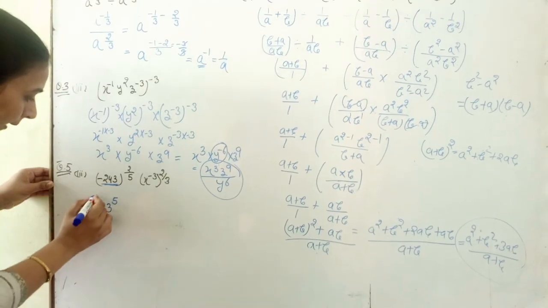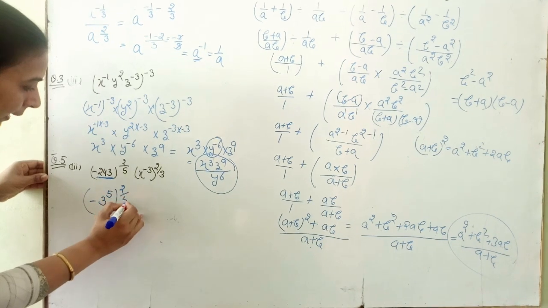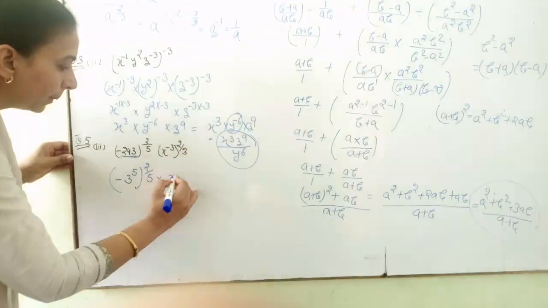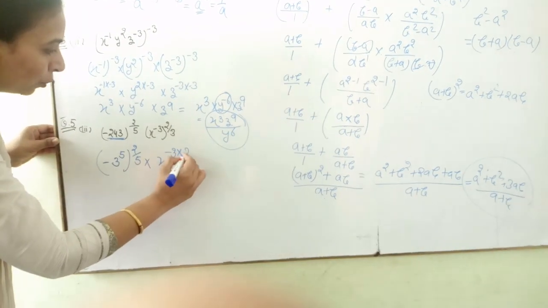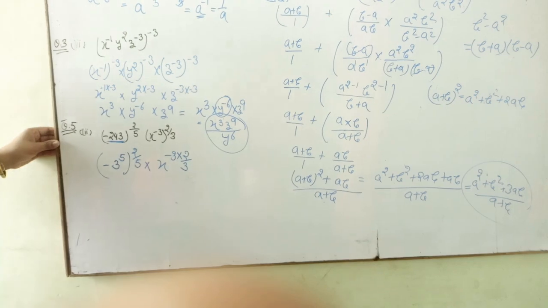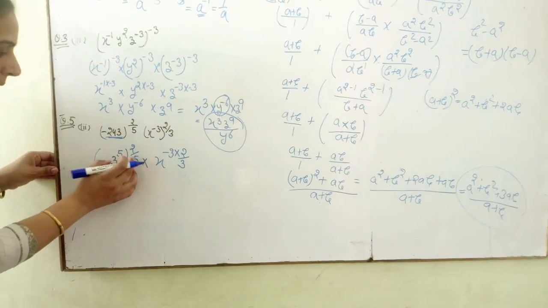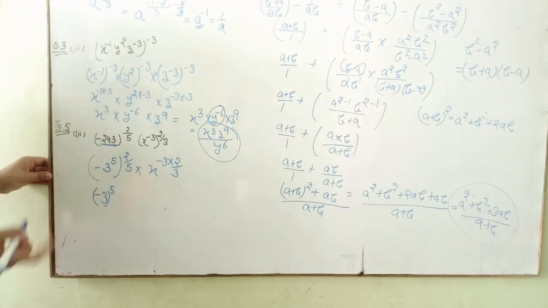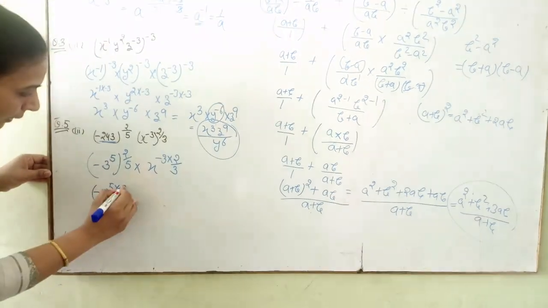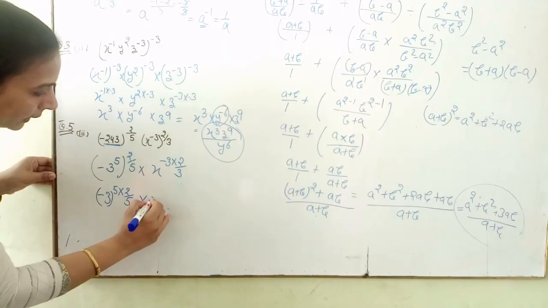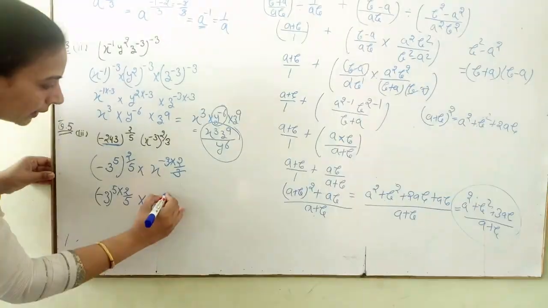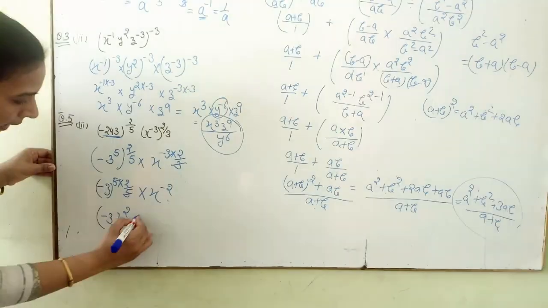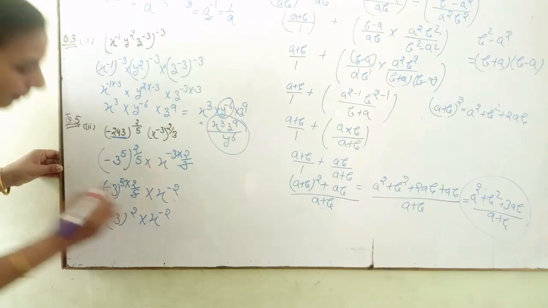Clear? Again complete raised to the power 2 by 5. Student, clear? Again multiply: same, power to power, then power multiply, 3 multiply 2 by 3. Clear? Next, if same power to power, then power multiply, minus 3 raised to the power 5 according to power law, multiply 2 by 5, multiply x raised to the power minus 2. 5 and 5 cancel, then minus 3 raised to the power 2, multiply x raised to the power minus 2.